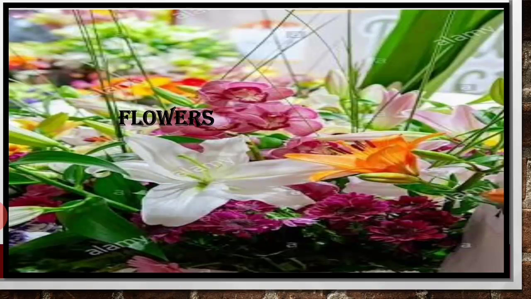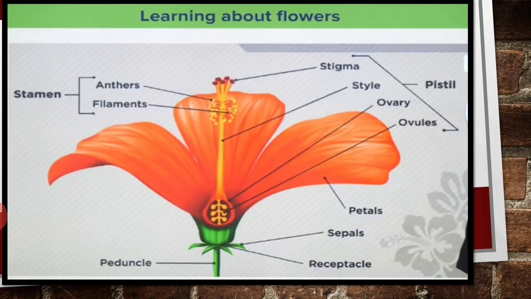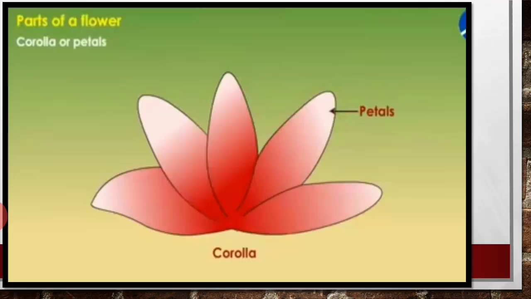It is a very important structure. If you see the flower, it has a petal, a sepal, a pistil, and a stamen. One by one we are going to study them. The lower green part is the sepal, and the colorful part is the petal. The stamen has two parts, the anther and the filament, and the pistil has the stigma, style, ovary and ovules in it.